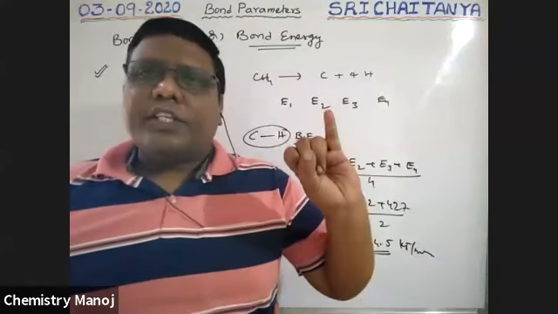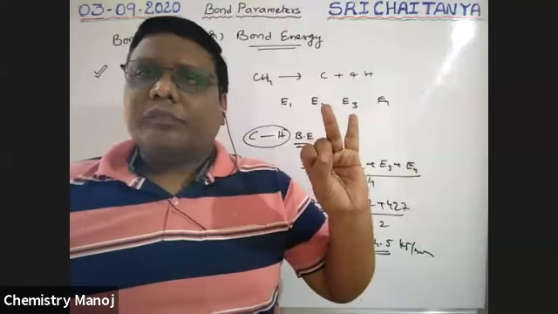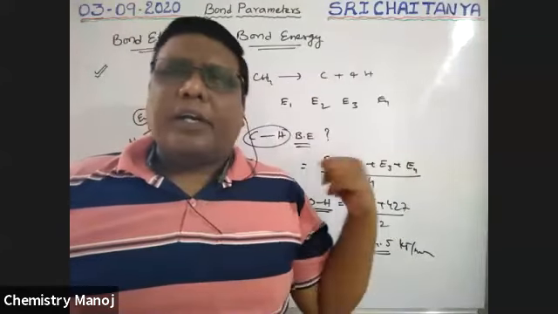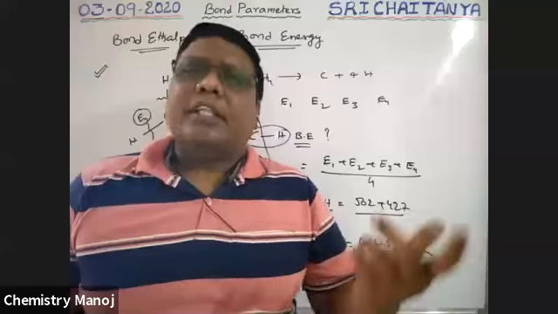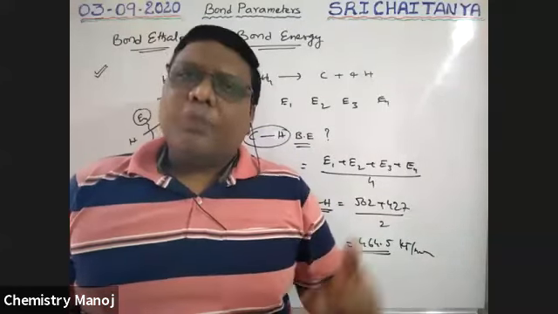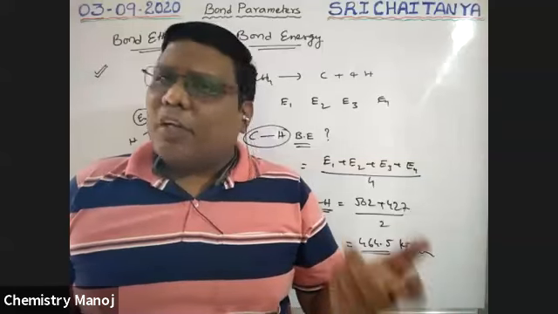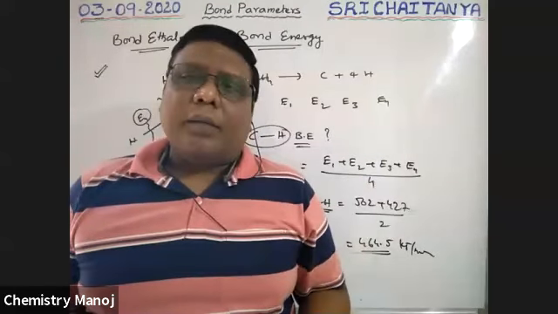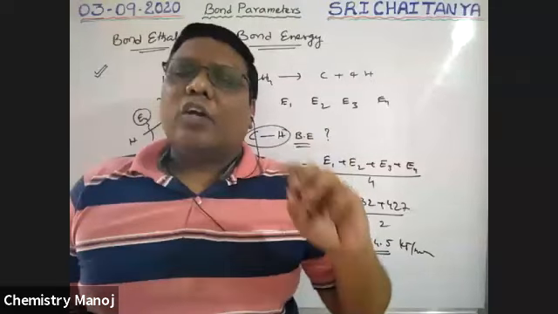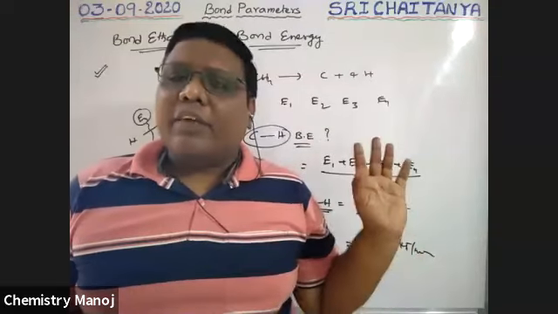So that is bond energy; bond angle and bond length are next. The next parameter is bond order, which I already explained. What is bond order? It is nothing but the number of bonds between two atoms in a molecule. As bond order increases, stability of the molecule increases. The maximum bond order between two atoms is only 3, because only 3 electron pairs can be shared at most.